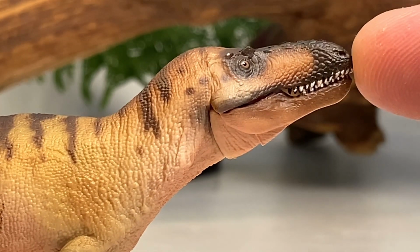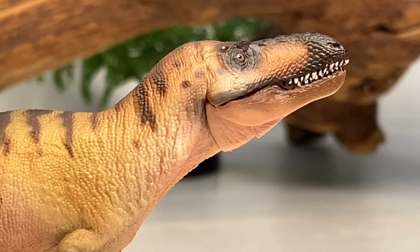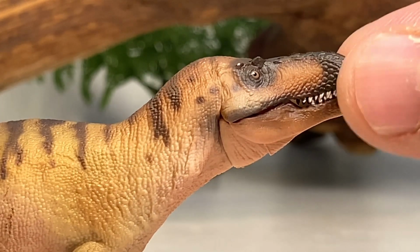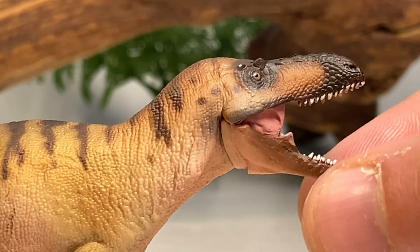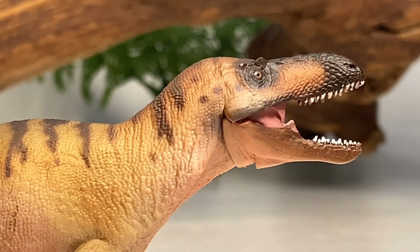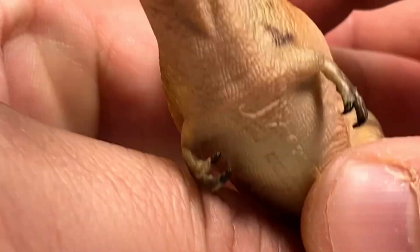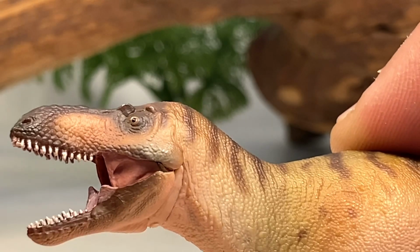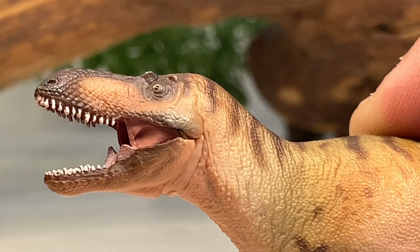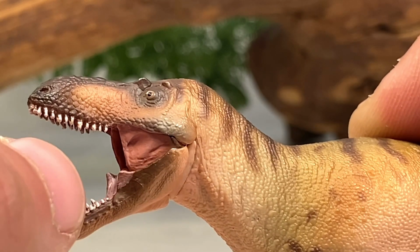You can see the teeth are nicely sculpted and painted. No sloppy paint on my teeth, which is kind of surprising. They are very small, and the jaw is articulated, but mine has a problem. If you notice right here where the hinge is, it was glued really tight, and when I just opened the jaw, there was no resistance, and you can see the jaw cracked on both sides, which is unfortunate. I will be contacting PNSO. I ordered through Amazon, and I'm going to try to get a replacement